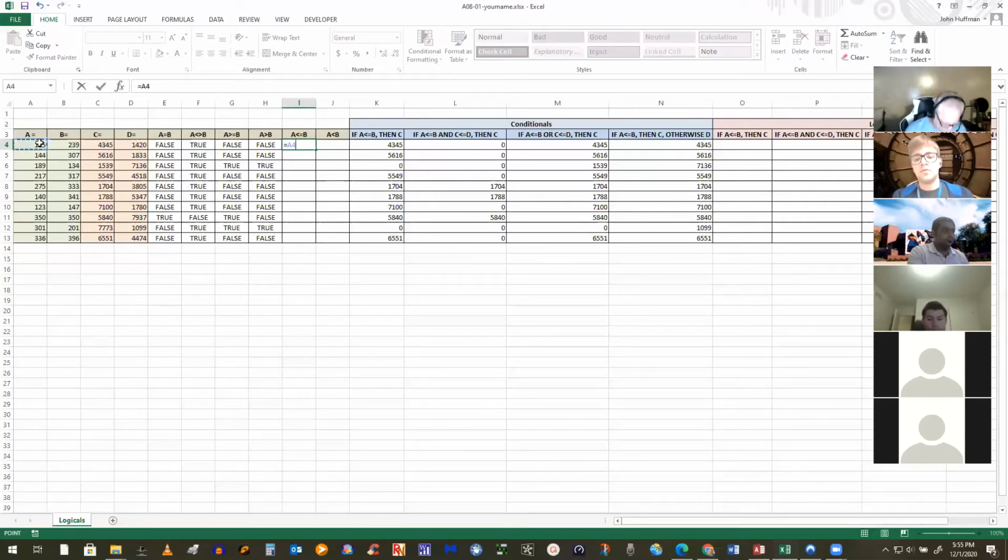A is less than or equal to B. And then finally, A is less than B.